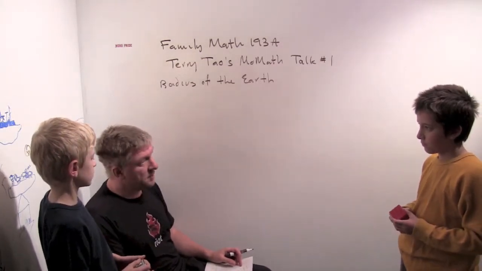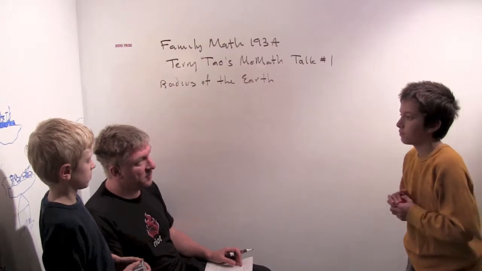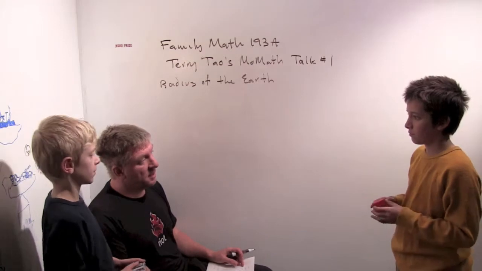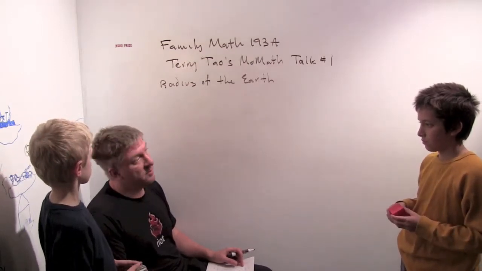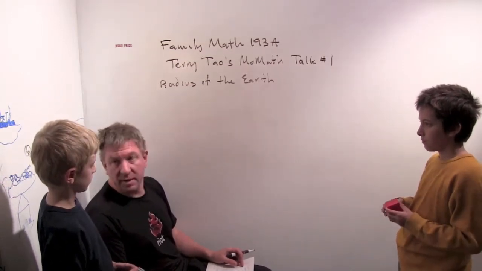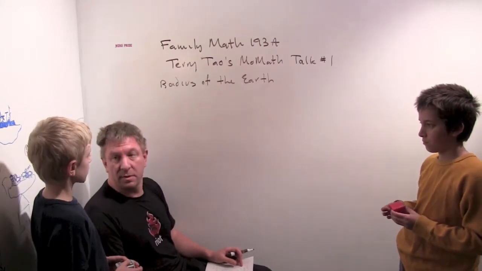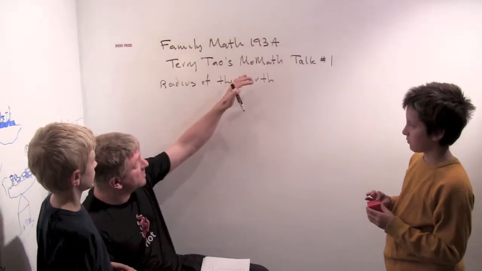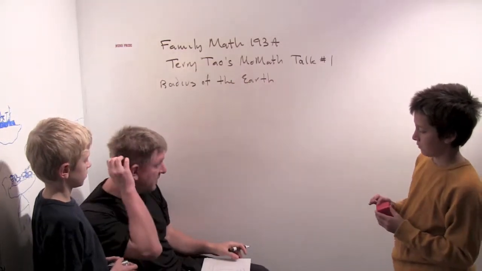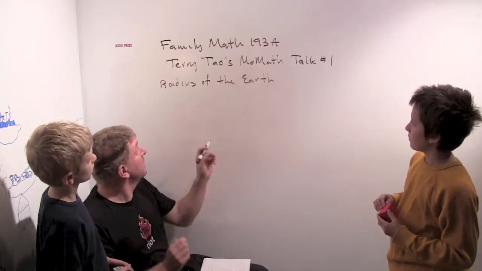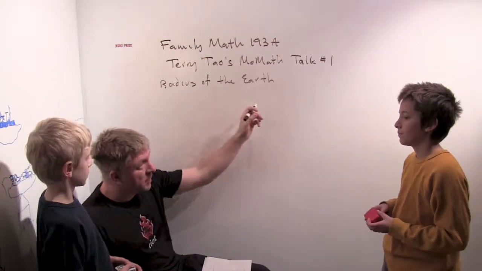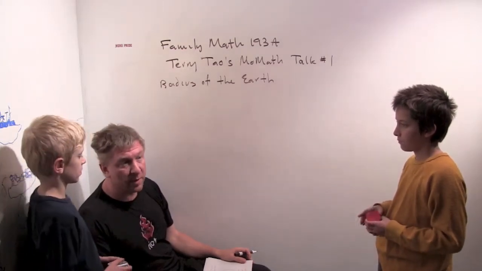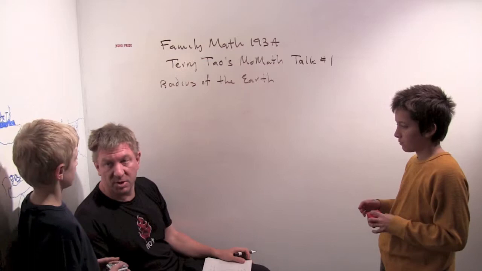He won a Fields Medal, which is an award they give every 4 years for the top mathematicians in the world. And one of the things he studies is prime numbers. So he did a lot of work understanding some of the prime number stuff we talked about a little while ago. I'm going to use his talk for a lot of different things to go into a little bit more detail. And we're going to talk about two things today. How the radius of the Earth got measured, and how the distance to the moon got measured, because both of those I thought were really cool, and they just used some basic geometry.